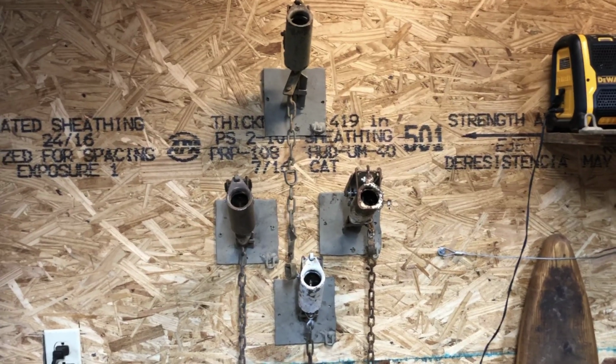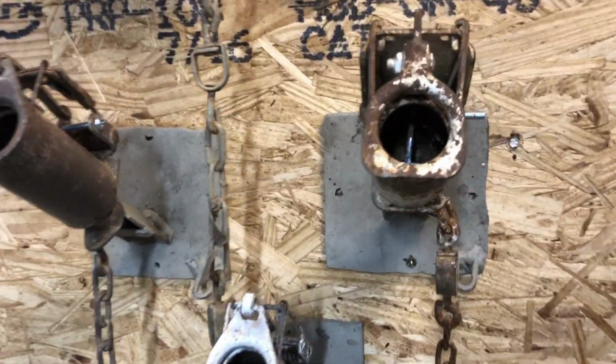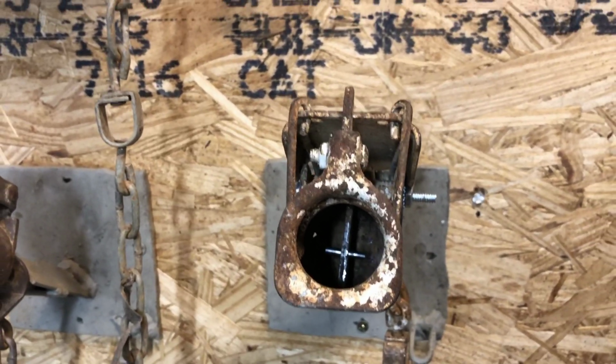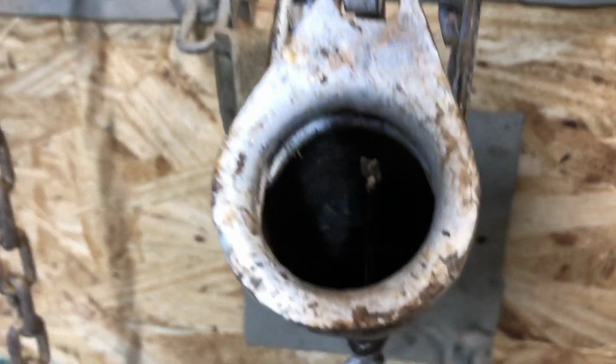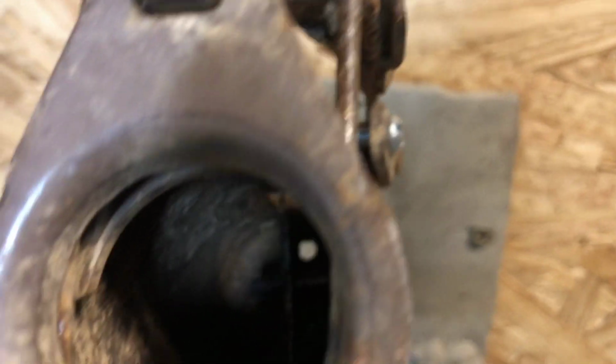Alright, got a little bonus footage for you. These are my traps, the few I just did. Got my FB1, my Duke. You see in there real good on him. Got my Fleming. Of course,